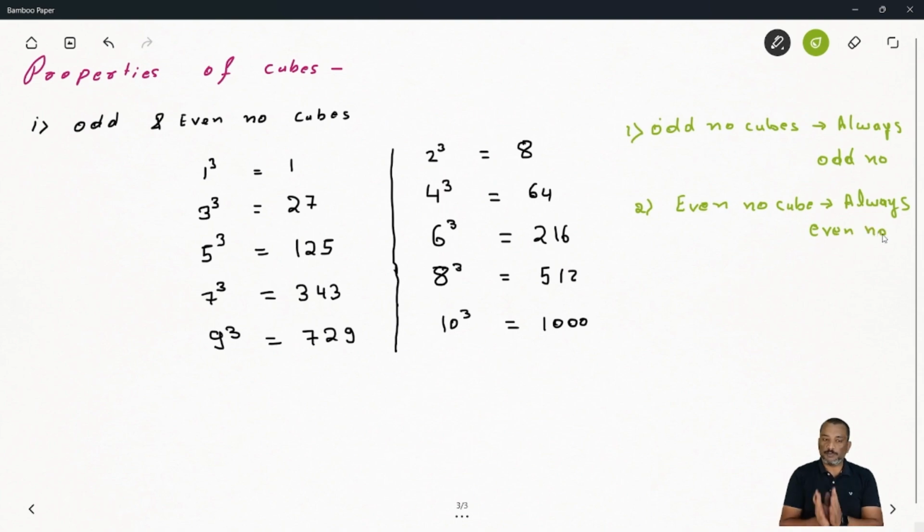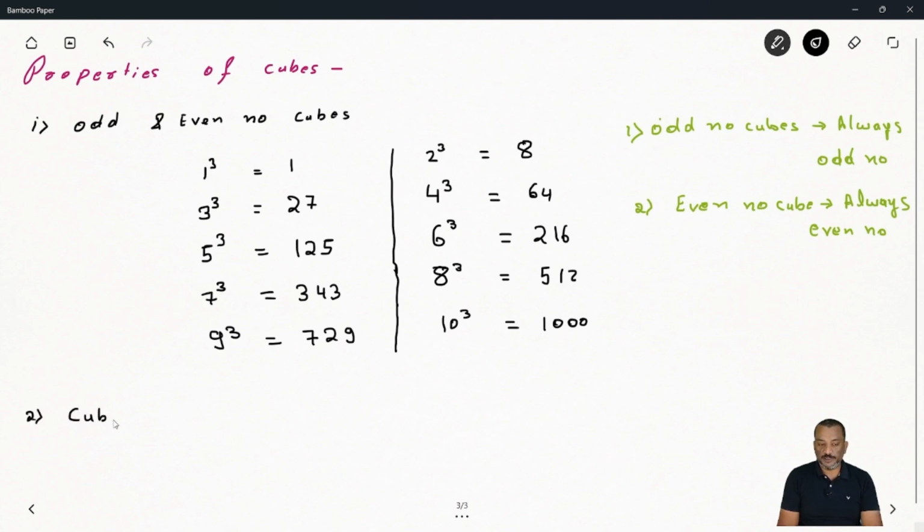ठीक है. तो यहां पे आपके फर्स्ट प्रॉपर्टी क्लियर हो गए. तो कभी भी लाइफ में आप एक चीज याद रखना, ऑड नंबर का क्यूब ऑड, इवन नंबर का क्यूब आपको इवन नंबर ही मिलेगा. ओके. नाउ नेक्स्ट वन, अगर हम बात करें क्यूब्स में, सेकेंड प्रॉपर्टी की बात करें, सो